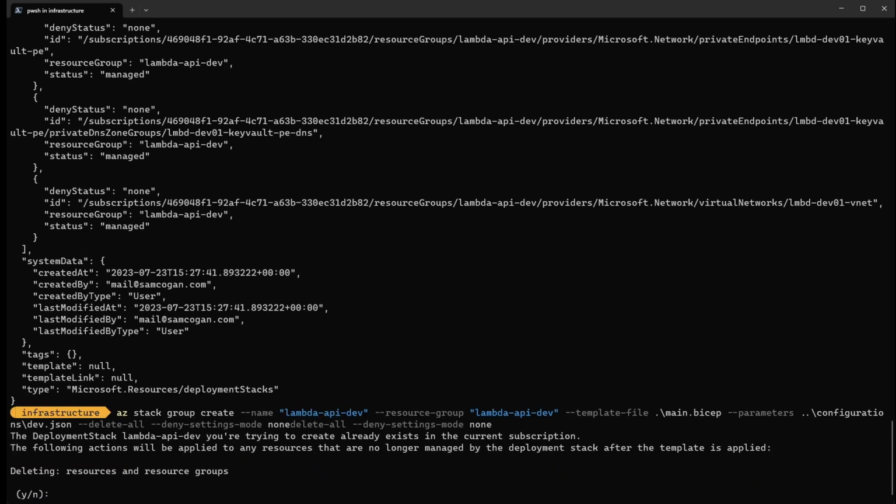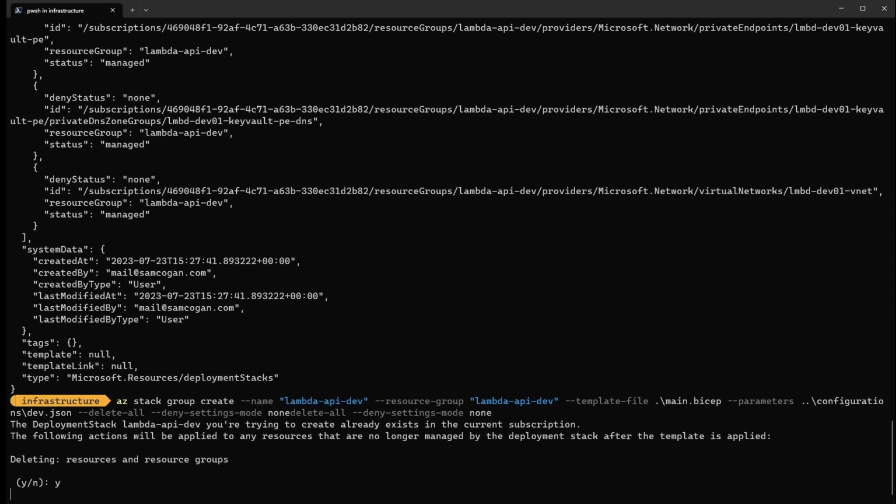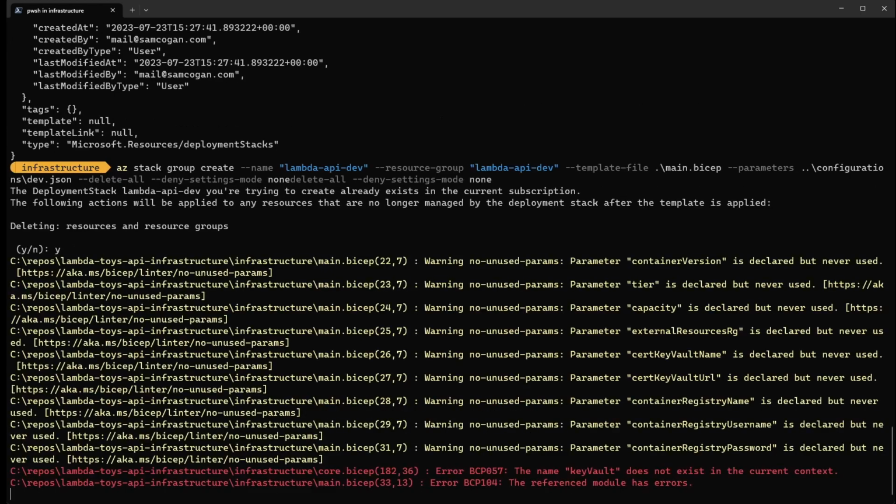And it should tell us, there we go. So it's saying this already exists. The following actions will be applied to resources that are no longer managed by the deployment stack after it's deployed. So it's telling you what's going to happen. It is deleting resources and resource groups, and you can say yes or no as to whether you want to do that. Now, that's not saying it's going to delete the resource groups now. It's just telling you that if you have removed them, they will get deleted. So if we run yes, that should